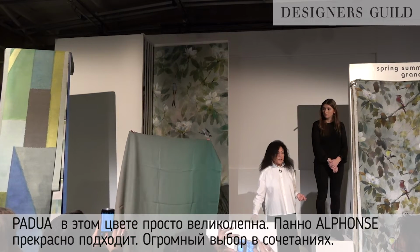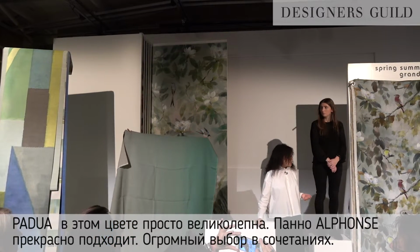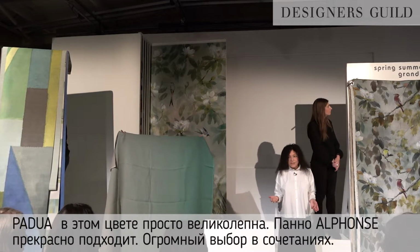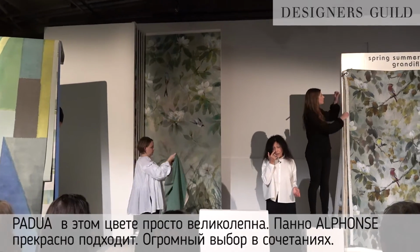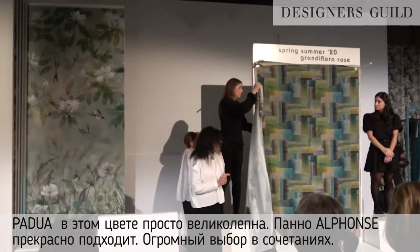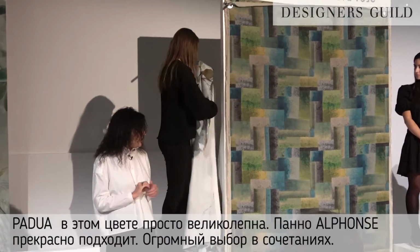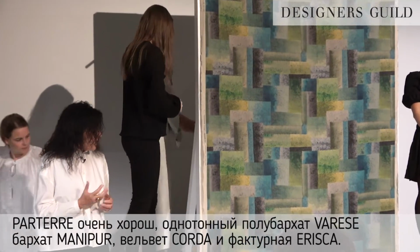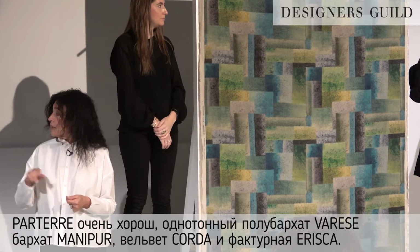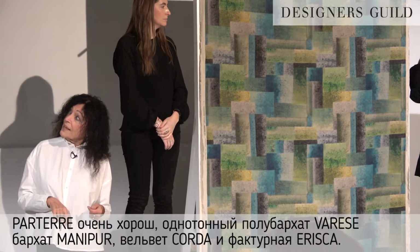And why not put Alphonse with that? So there's so much choice, you know. You've got so many different kinds of people that you can work with. And that's the idea. We broaden all the time. The other colourway of Parterre, absolutely love that. More vital, great turquoise. How great with Varese, with Alphonse, with